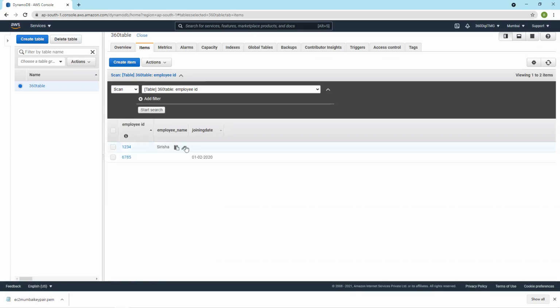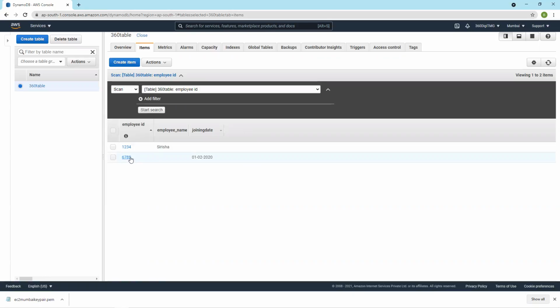And you can leave spaces in between, and you can add new keys, new columns, but the primary key is mandatory. And this is how you write to a DynamoDB table.